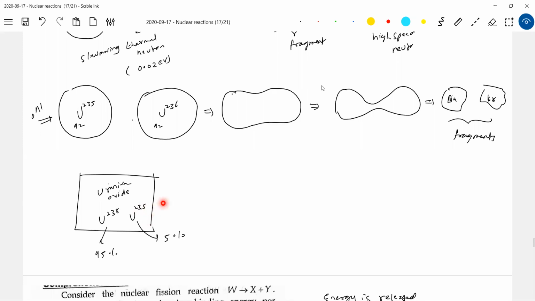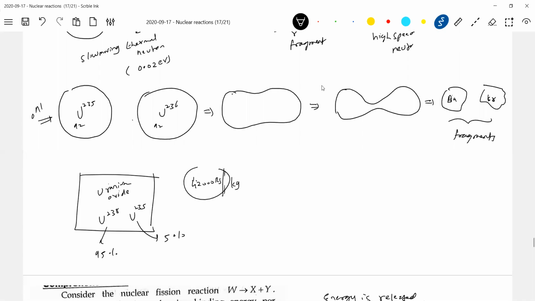Then it will become a little bit costlier. So 1 kg of uranium will cost in the market around 42,000 rupees at the present rate per kg. It's very cheap, but it's not easily available. It's very difficult to acquire this uranium. If it is more enriched, the cost will increase a little bit. But the maximum possible enrichment we can bring it to is 20%. Beyond that, not possible.